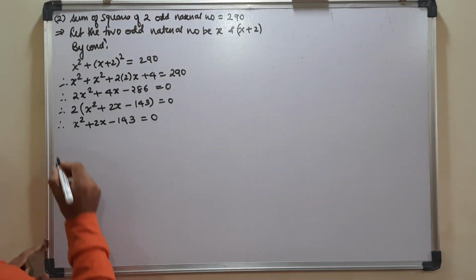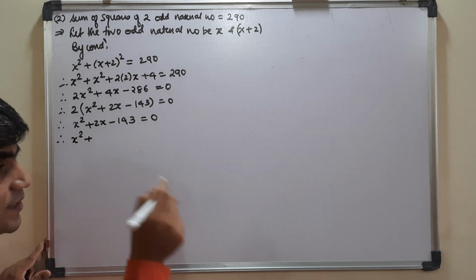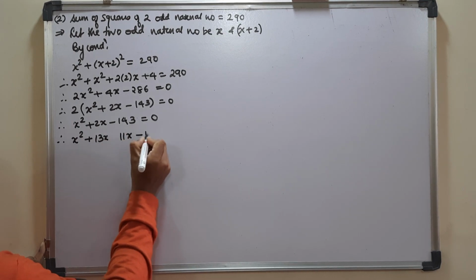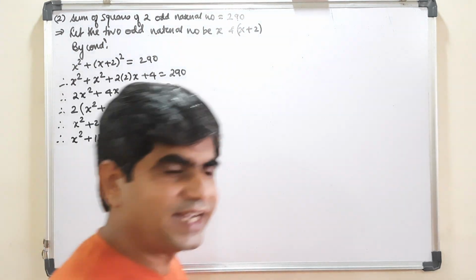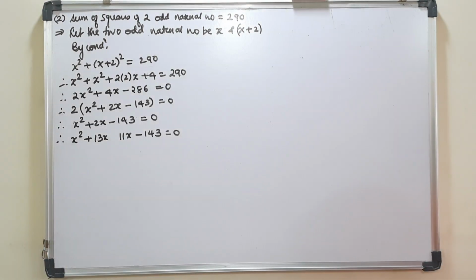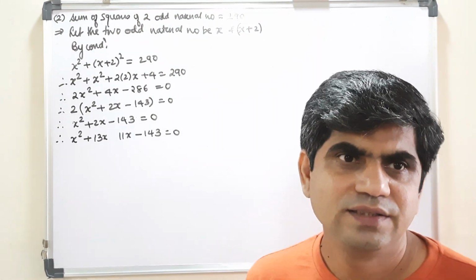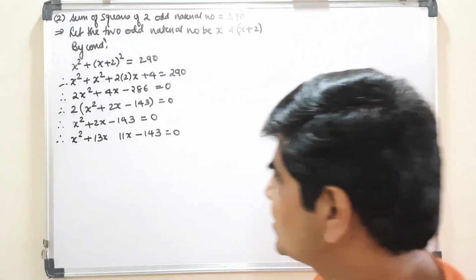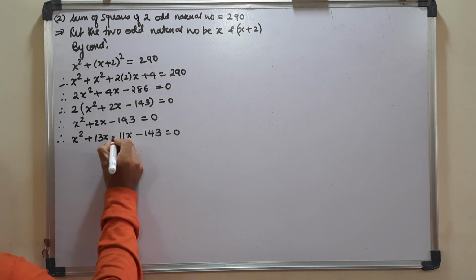Whichever is the bigger factor will come in the middle and will take the sign of the middle term, that is 13x, 11x. See, I did not write the sign yet. Getting it? Now I am going to subtract 13 and 11. Since I am going to subtract, if I put plus over here it will add, so it should be minus.